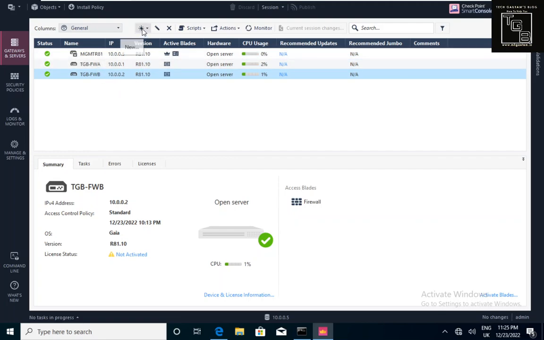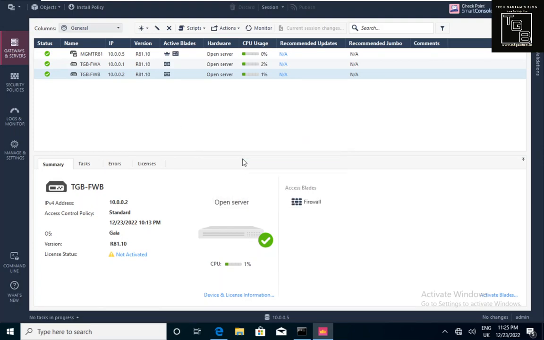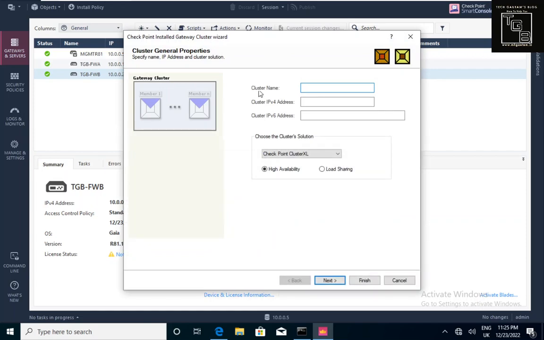First of all, go at the top. You can see the new star icon. Click there. You will see the cluster option. Click on the cluster. Click wizard mode. Here it's the cluster name. Put any name. Let me put